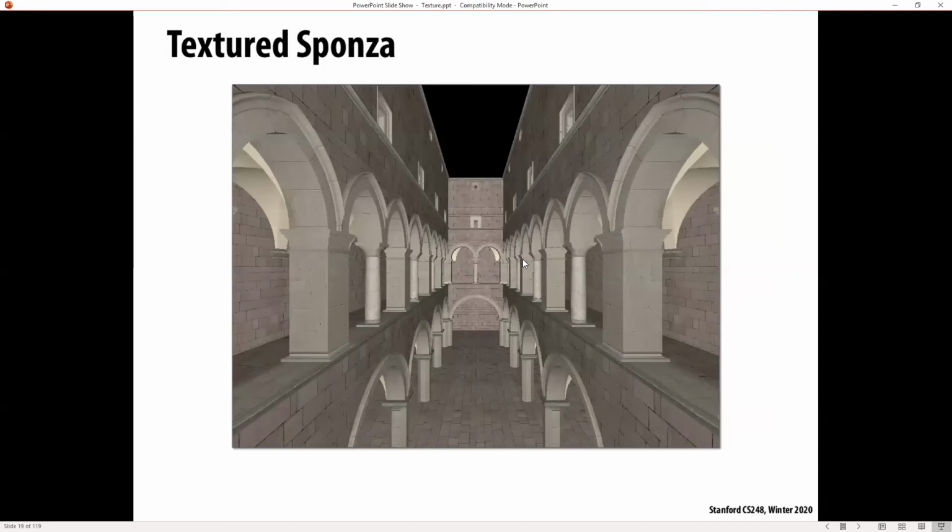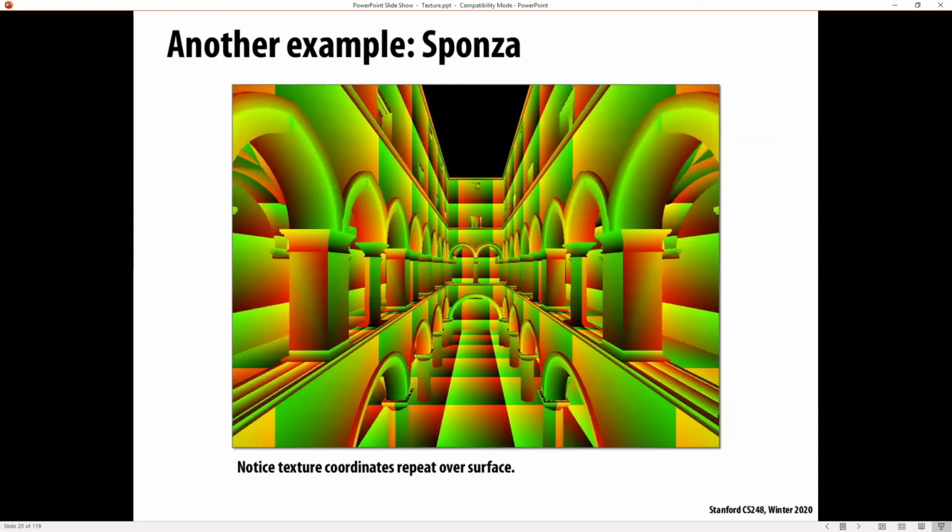So here's a different scene. It's going to allow us to illustrate another point. Here we have textures on bricks. Can we reuse these things? Is it okay to use them in multiple places? Oh yeah, sure. We can have our texture wrapping around. So here are our texture coordinates in this case. You see that when I got to this boundary,